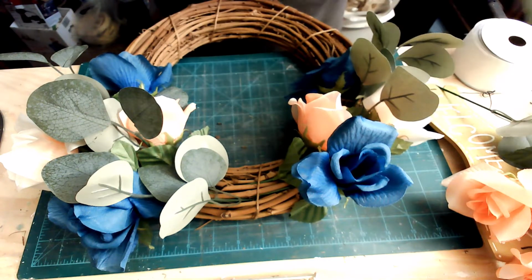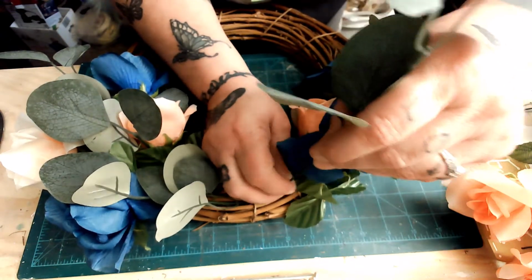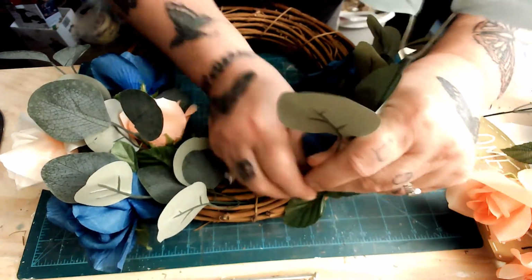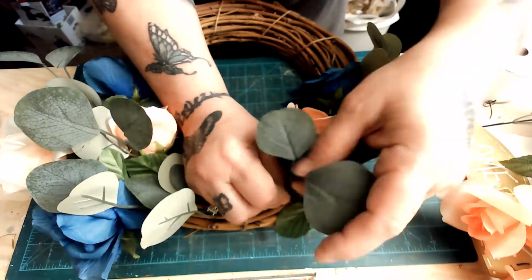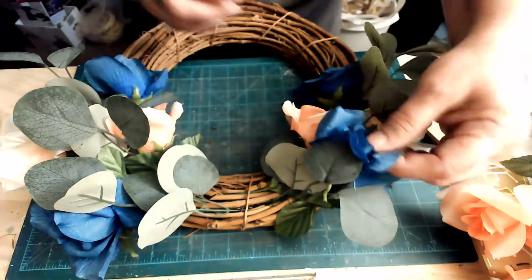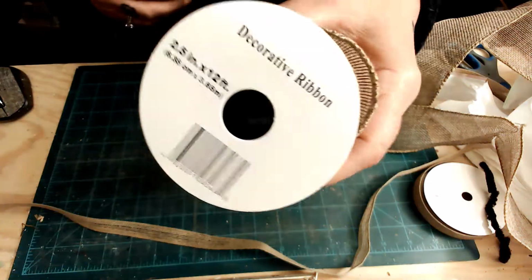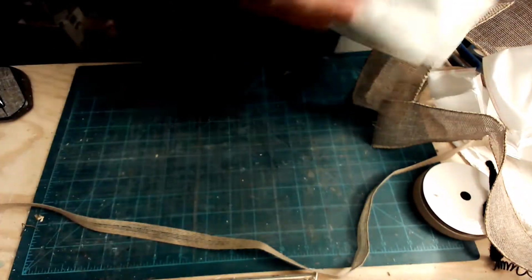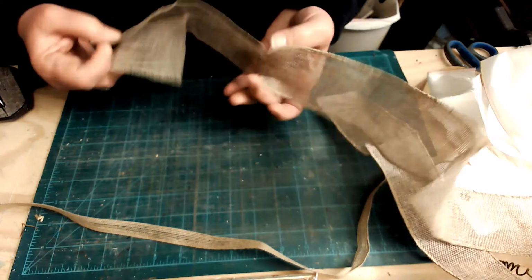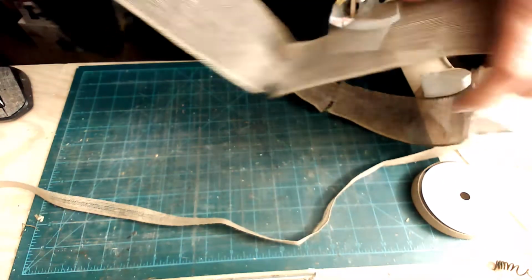Now, I recorded the making of the bow, only to realize that my video recorder stopped recording. It said that there was no space, and it was very frustrating because I paused it, started it, paused it, started it, only to find out it didn't take any of it. So what I did was I tore the bow apart and remade it for the camera. This is just some Dollar Tree burlap ribbon,